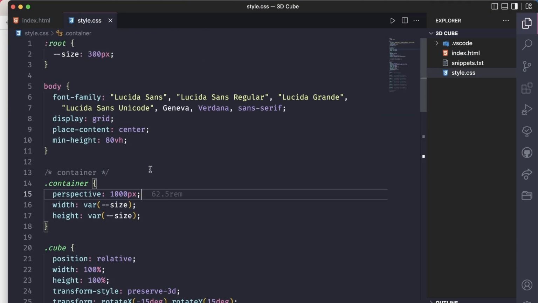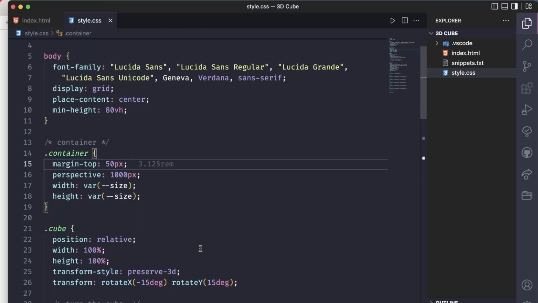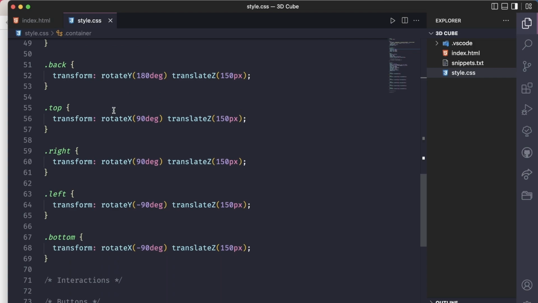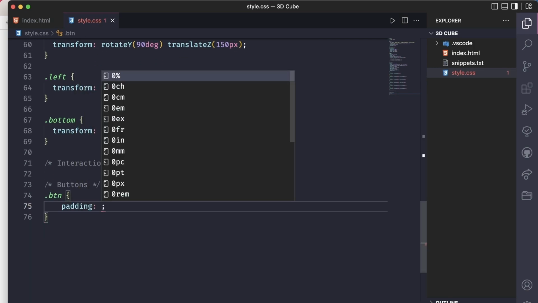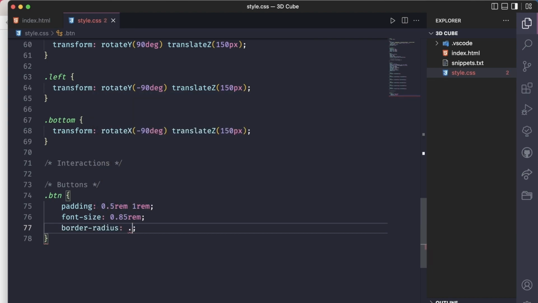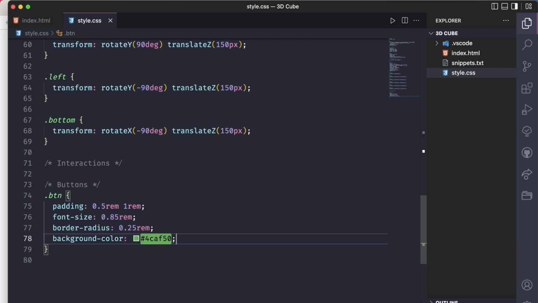So in the style, the CSS, I'm gonna add a margin top right here of 50 pixels. So there's just a little bit of a space between these two. And then since we call this a button right here, I'm gonna actually make it look like a button. So down here, I'm gonna get that button, add a padding for that, like 0.5 rem, and let's see, 1 rem. Then let's add a font size of 0.85 rem here, and then also border radius of 0.25 rem, and then a background color. I'm gonna go with this greenish color here,